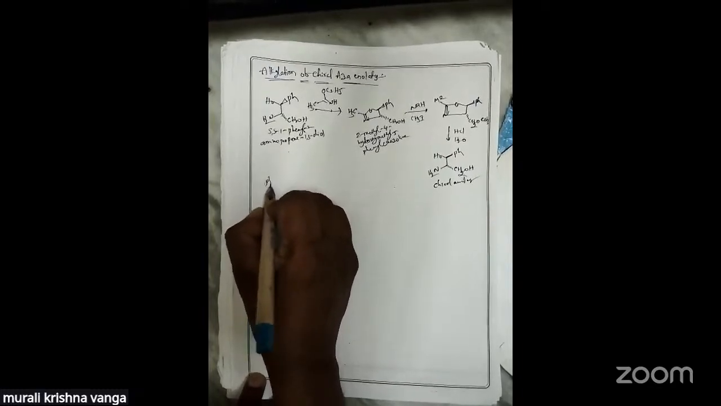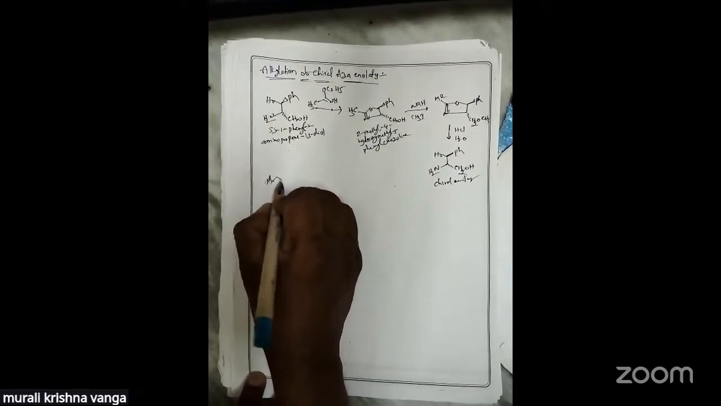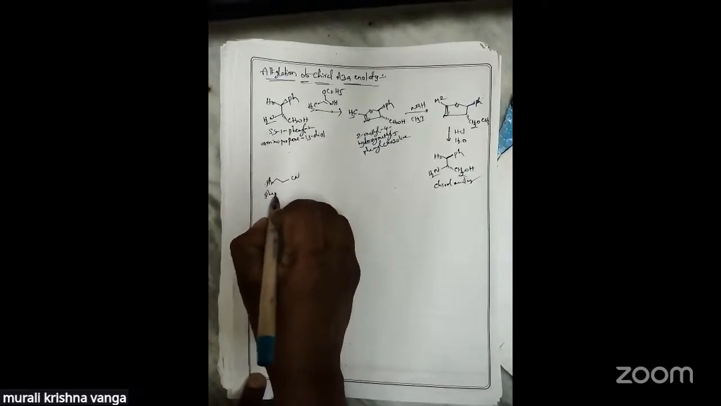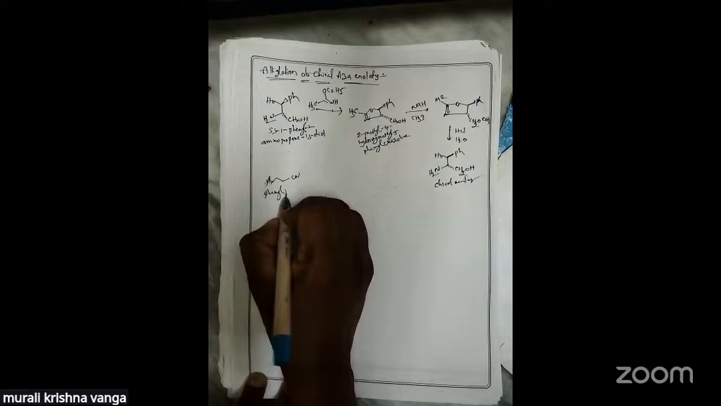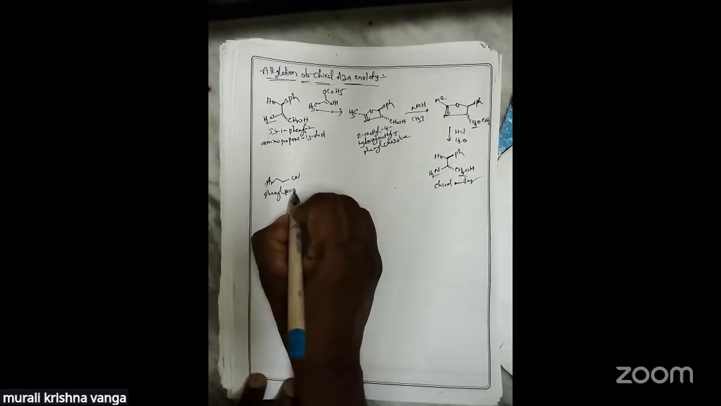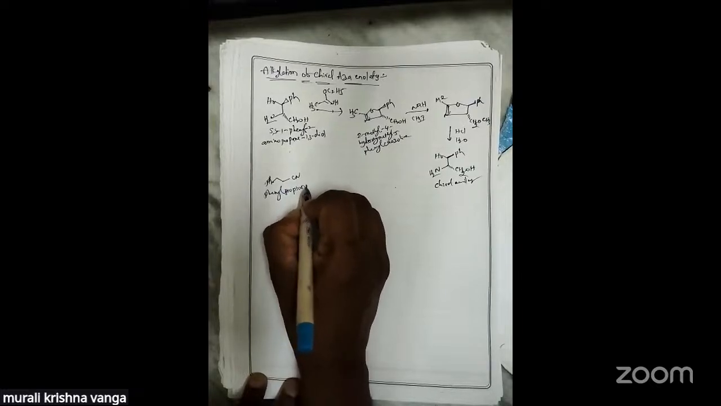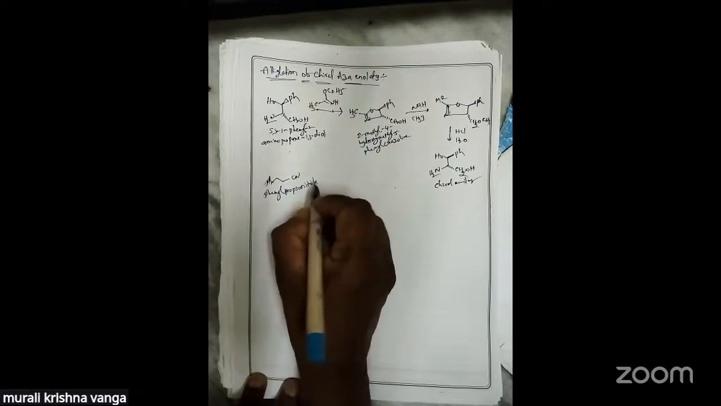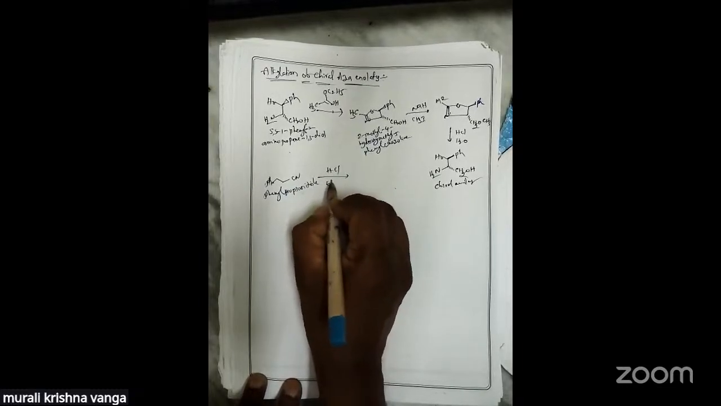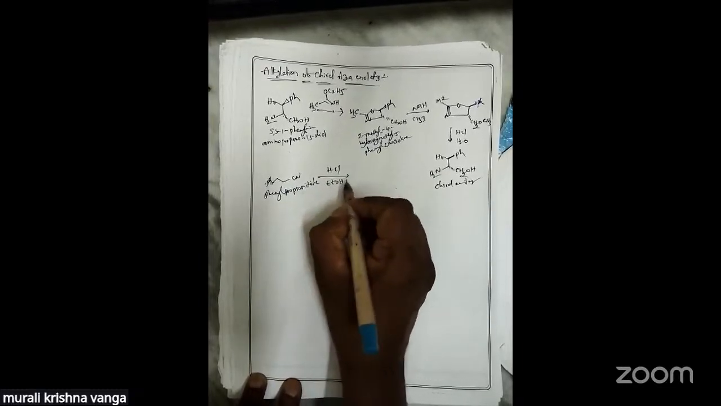Then phenyl, then the product is phenyl propionitrile. This phenyl propionitrile, reacting with HCl in ethanol, then gives